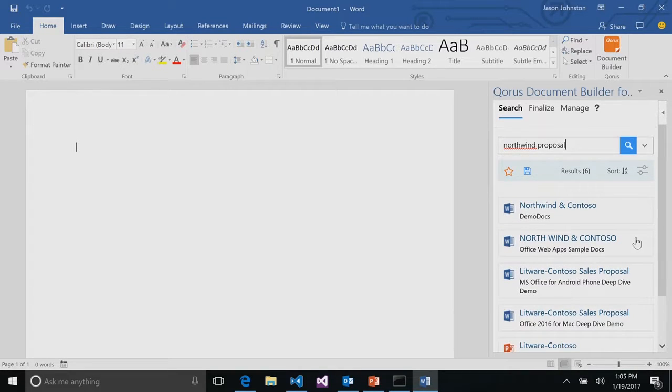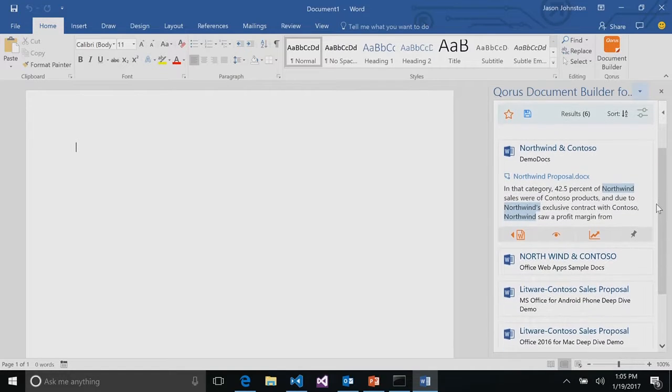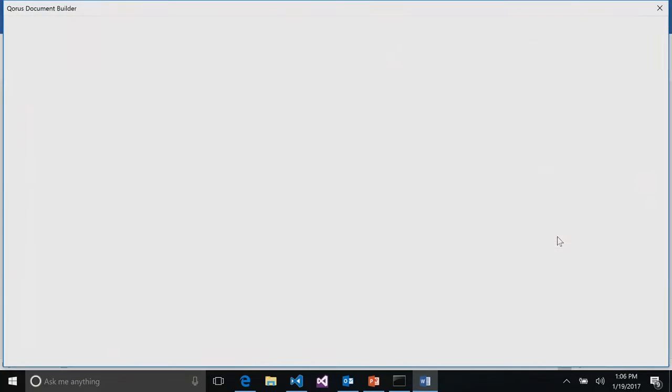And they come back with a list of documents. Now, I know it's one of these, but I'm not quite sure. So I can click on it. They give me a little preview right inline there, but then they give me some options. And one of those is preview.